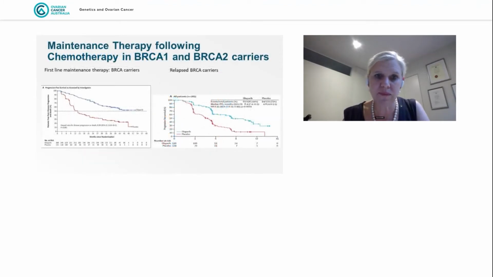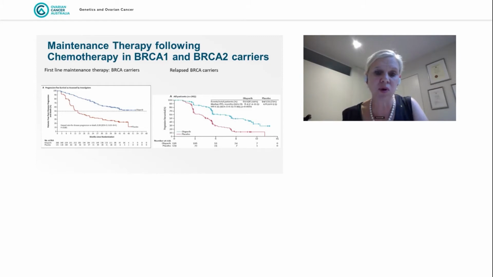We also know from the SOLO-1 and the SOLO-2 trials that once chemotherapy has been given, if we maintain the effect of that platinum-based therapy with a PARP inhibitor known as olaparib, it reduces the risk of recurrence or relapse again of that ovarian cancer. So these graphs that we've got here are what we know as Kaplan-Meier curves. You don't need to remember the names of that. It was a clever person who designed the way of statistically analysing whether a treatment responds or does not respond